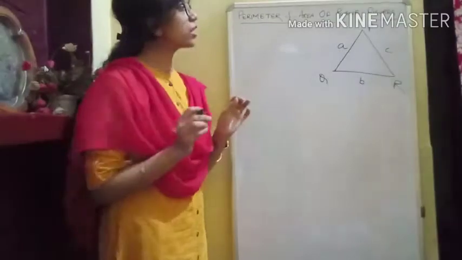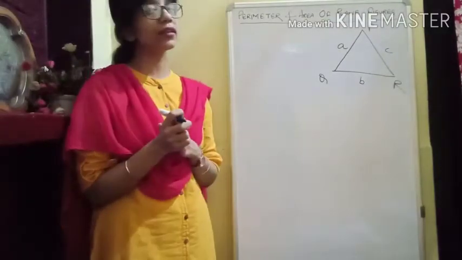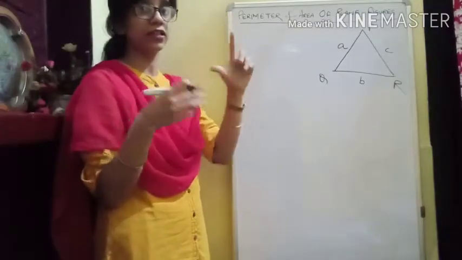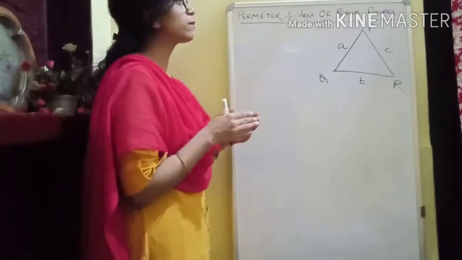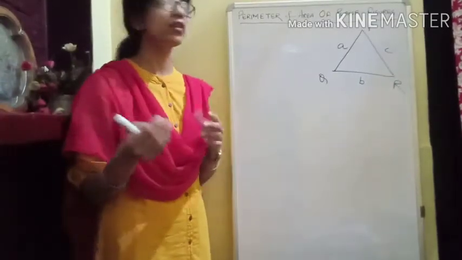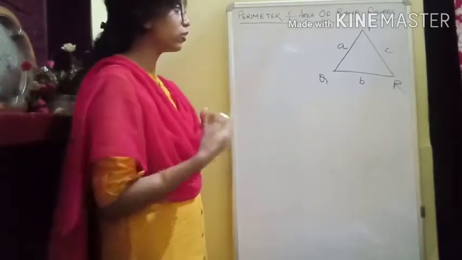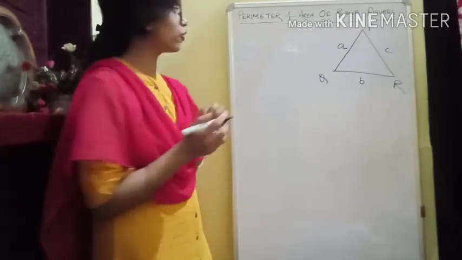Okay, now in this triangle only the lengths of the sides are given and they are asking you to calculate the area. We don't know any perpendicular or any altitude or any height, whatever you can call it. So here surely we cannot apply the formula half base into height. For such kinds of triangles in which we are not given any altitude or height, we have one very popular formula, that is Heron's formula.